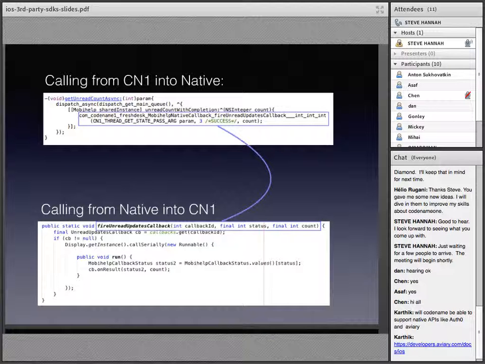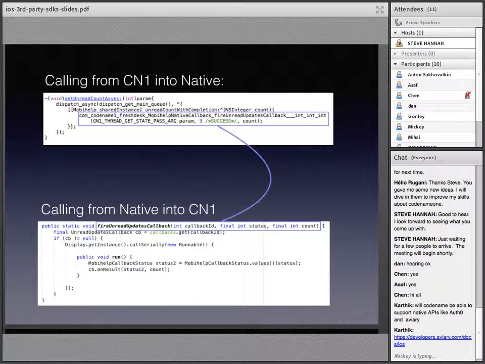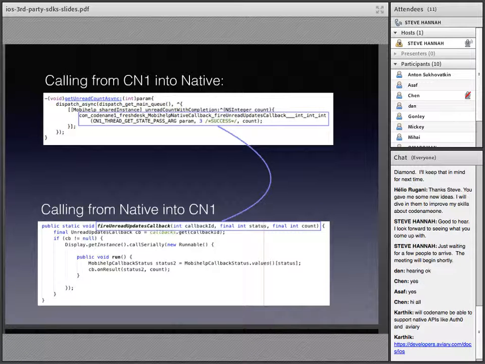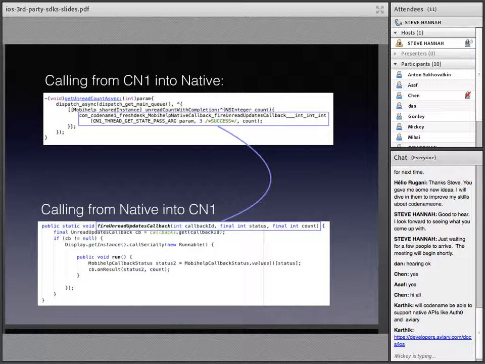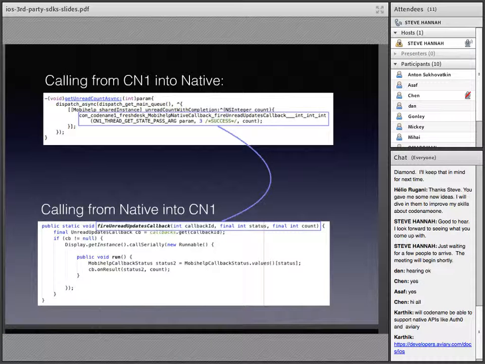So here's looking at the exact code for that, because we do have a method in the FreshDesk API for getting the unread count and passing it a callback that's going to be called back at some time in the future. So you can see in the first code example here, the get unread count async, the first thing I do, because I know it could be requiring the main thread, I'm going to call the dispatch async, the first parameter being dispatch get main queue, and that gets a reference to the main queue, so it'll run on the main thread. The second parameter, it's actually passing an